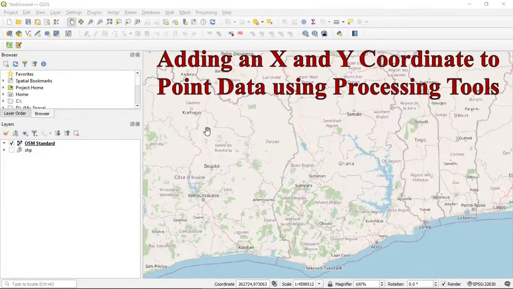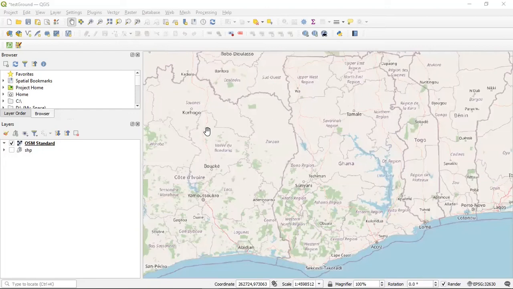In this first example, we'll be looking at how to convert it in a shapefile. In the first 2 examples, we'll be looking at how to convert the coordinates in a shapefile, and then in the final example, we'll be looking at how to do that in a CSV file. Okay, so with that out of the way, let's